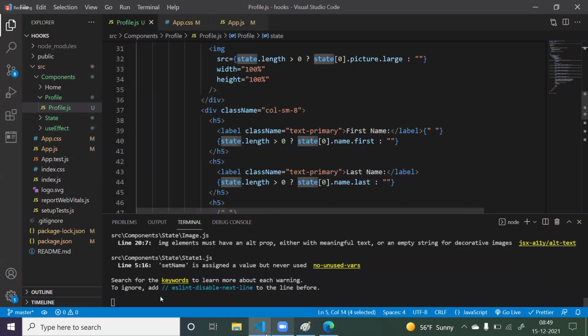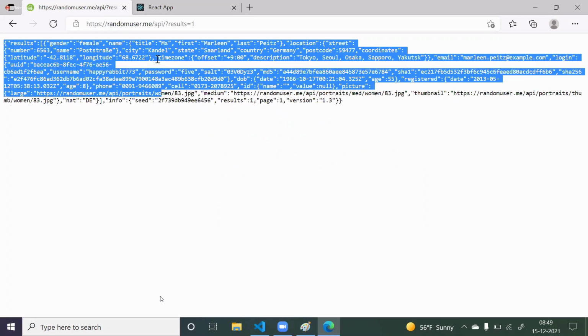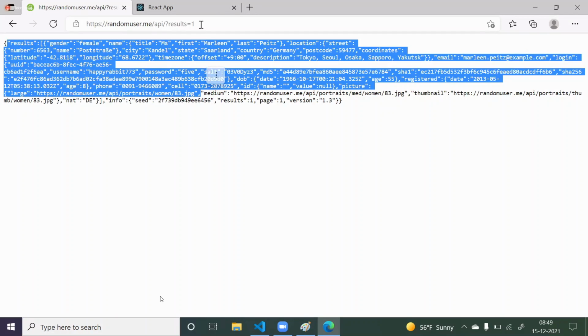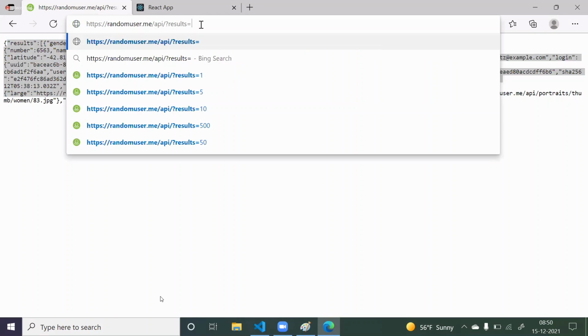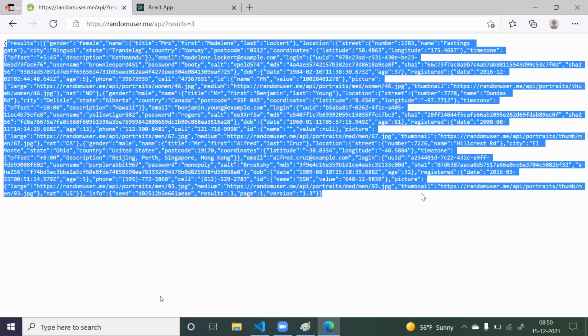Okay, and remember, front end people always get ready-made data. They will never do any calculations. If you ask for one user, the server will give one user's data. If you ask for three users, they will give you three users' data. For everything you will have the API from the server side. So you will never do any business calculations at the front end. You will never change this object. You cannot insert a new property, delete a property, or update a property. Everything will be done by server side people.